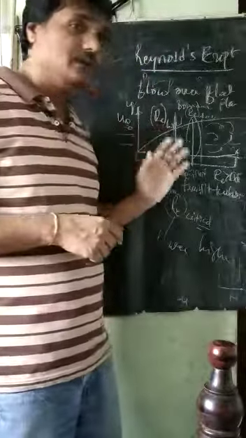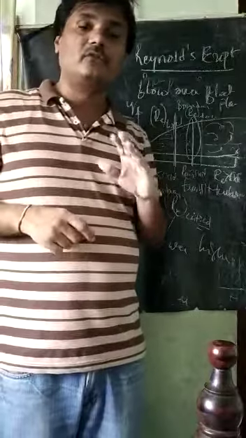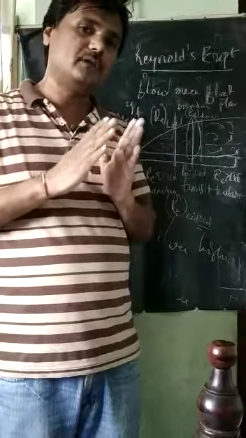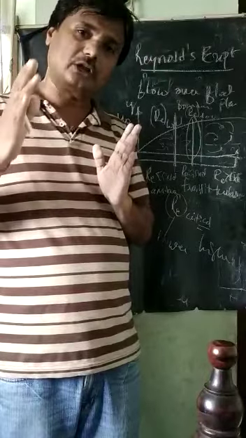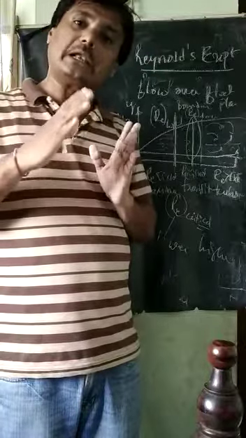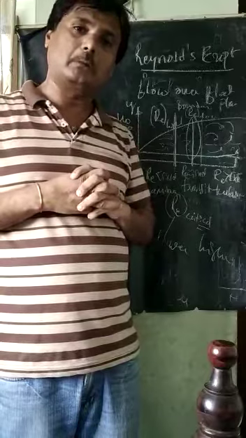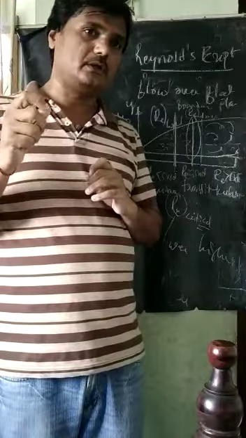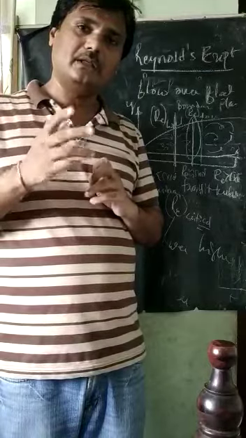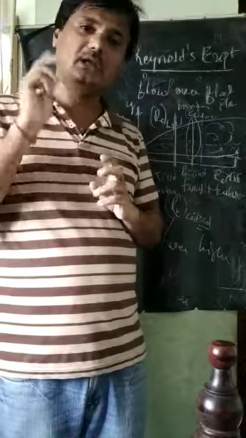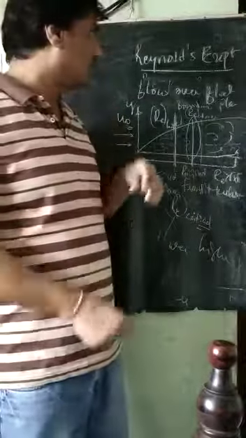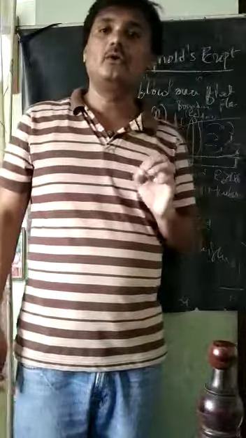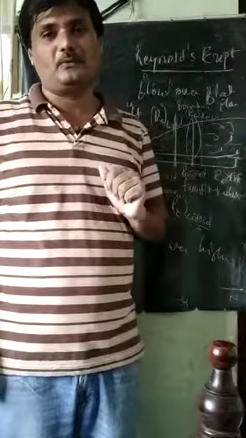This is about the characteristics of fluid flow over the flat plate, and how to differentiate laminar flow, transition flow and turbulent flow based on the Reynolds number. For flow over the flat plate, the critical Reynolds number is 5 into 10 raised to 5. Less than this is laminar flow, more than that is turbulent flow. This is our flow over a flat plate and its characteristics.